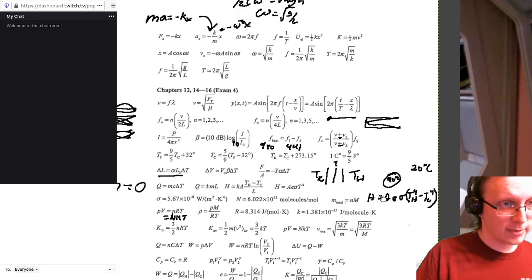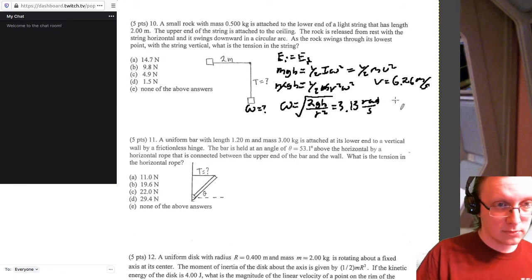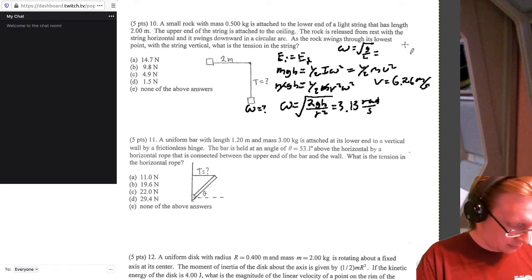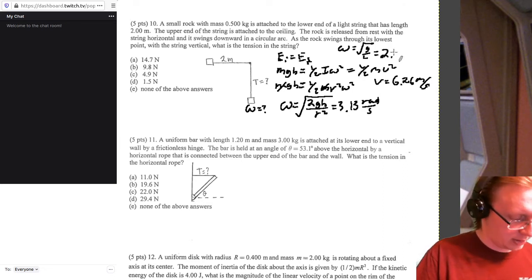Angular frequency of that pendulum is, where is it? Here it is. Oop, that's period. Frequency, there we are. Square root of g on L, square root of 9.8 divided by 2, which is 2.21